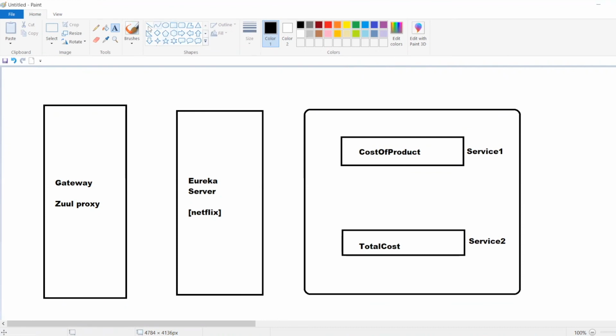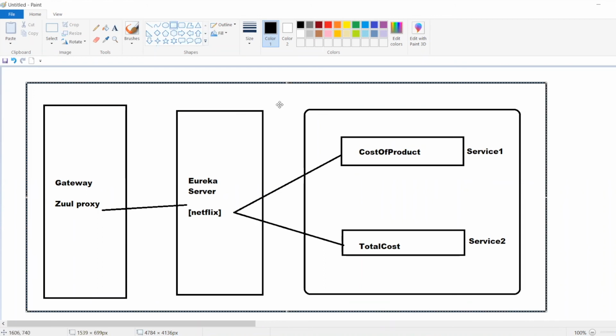Without microservices, what happened? People are directly developing all the things within one application. In microservices, every service is one application. These services are managed by the server. And the entry points, URL points, endpoints, everything we maintain with the help of the gateway. So the combination of gateway, Eureka server, and Eureka clients is nothing but microservices. In Spring Boot, everything we write is within one project. In microservices, separate projects.